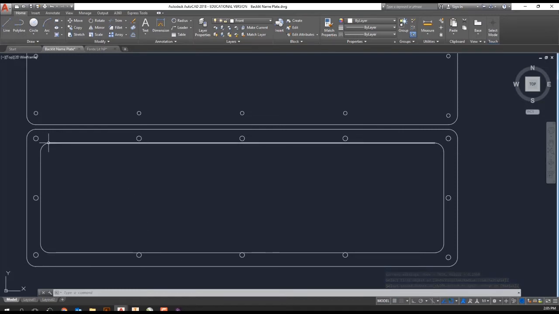So now what I want to do is I do want to add a little cutout right here for the wires to come in. All right. So what I'm going to do for the cutout is I'm going to use the line tool. Okay. I'm going to bring that up 0.25. Over a half inch, 0.5, and down